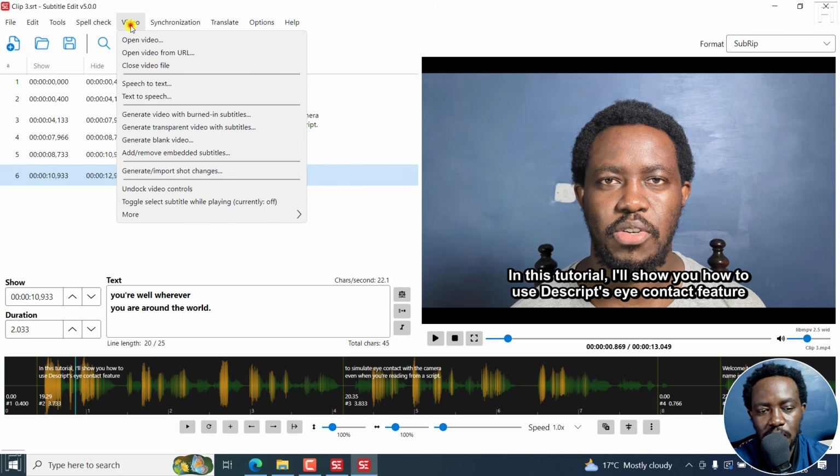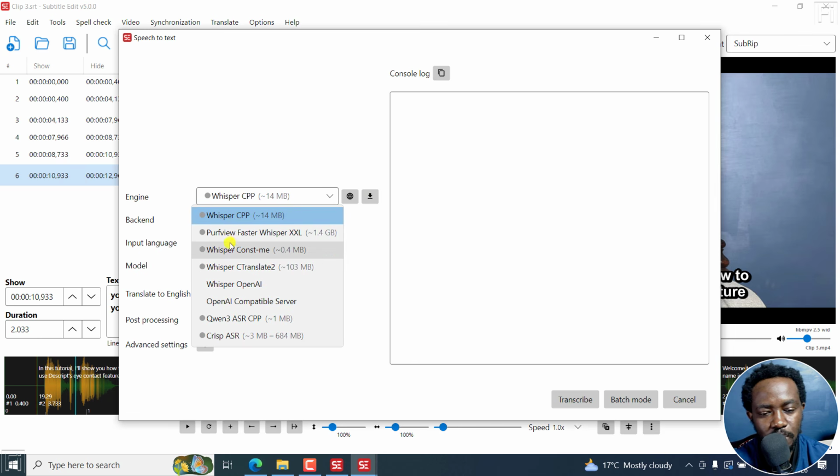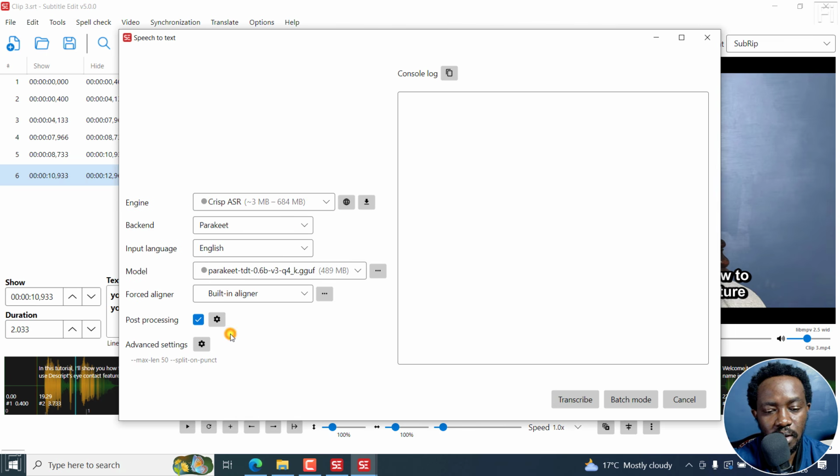As for the speech tools, we've got them here: speech to text, and there are a ton of engines, from Whisper, PathView, Whisper Const Me, C Translate, Whisper OpenAI, OpenAI compatible server, Qwen 3ASR, Crisp ASR. If you decide to select something like Crisp ASR, you can click on this download button, and then